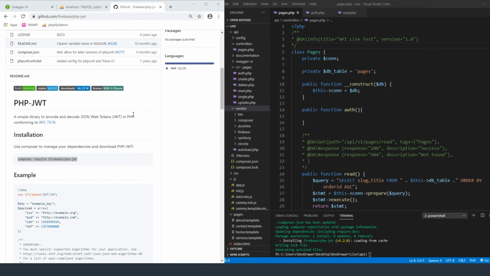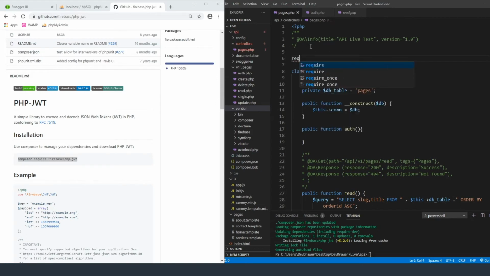Now what we need to do is call the autoload inside of our pages.php, and right above this we're just going to type out something. Again, I like to use this variable just because it makes sure that I know exactly where everything is. So server, document underscore root, and then /API/vendor/autoload.php. This is just pointing to the vendor autoload.php file, and that's what's going to grab our autoload